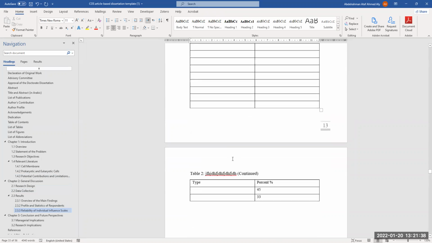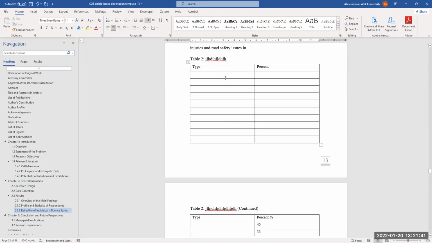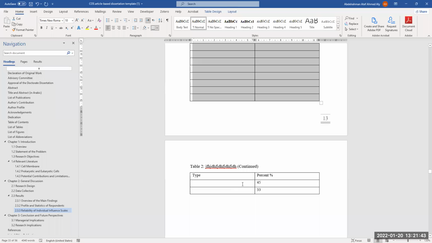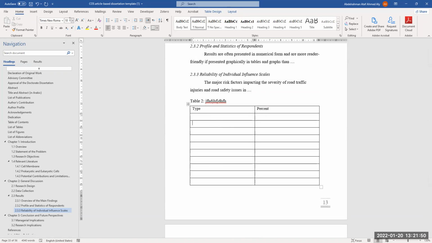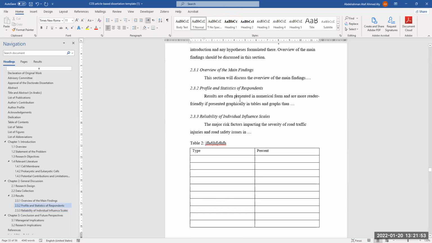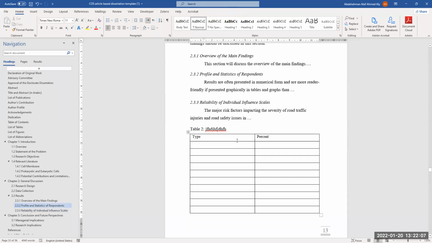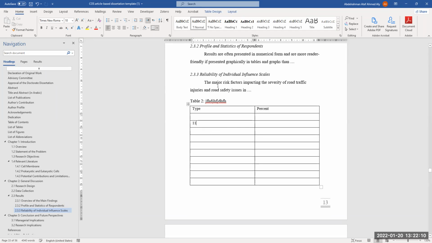Splitting tables is very important, and there are some recommendations. Let's say that you have some text here and only 1 or 2 cells are extending to the next page, right? So you have a lot of options that you can do. The first thing is actually to decrease the font size. Despite having a consistent font size between all the text inside the thesis, you can use a smaller size in the table. So you have from 8 to 11 inside the table. If your text is 11, you can decrease it maybe to 8 or 9,